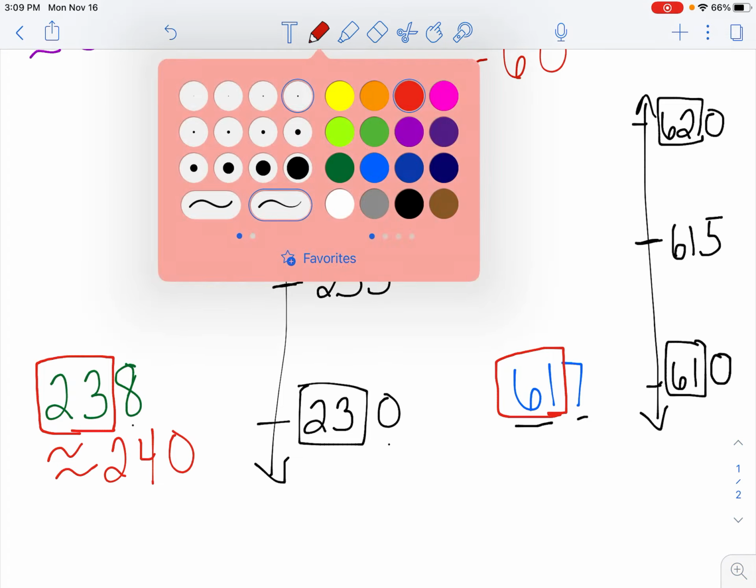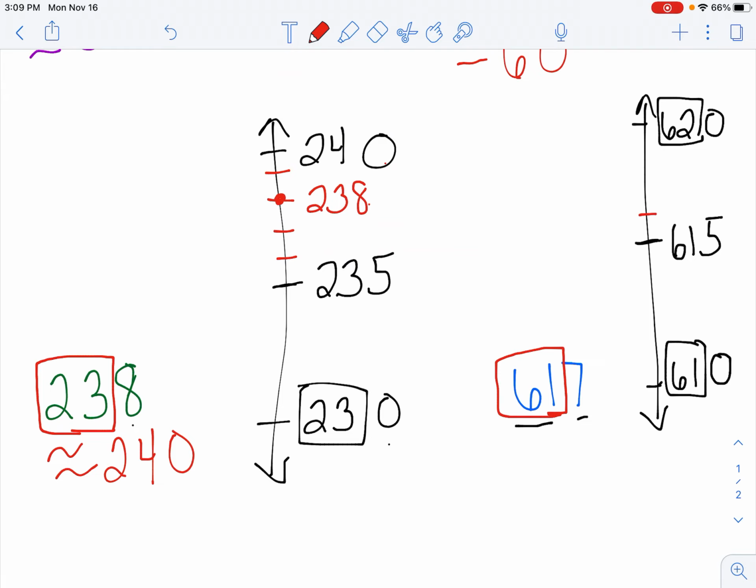So think about where 617 is. 616, 617, 618, 619, 620. I'm going to put a dot right there. There would be 617. So 617 is closer to